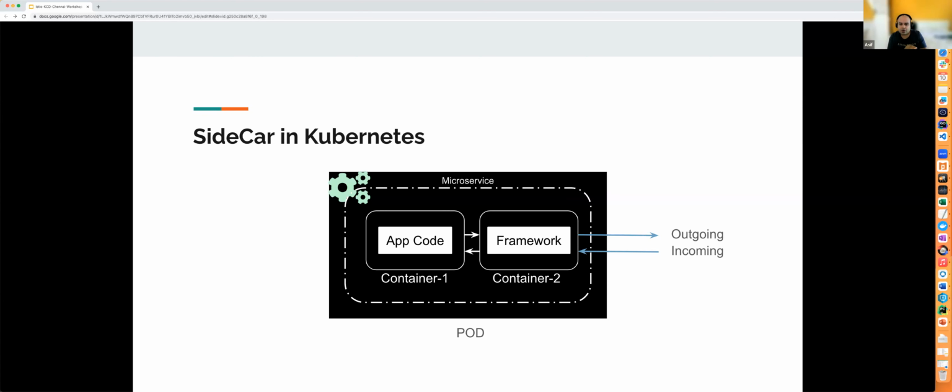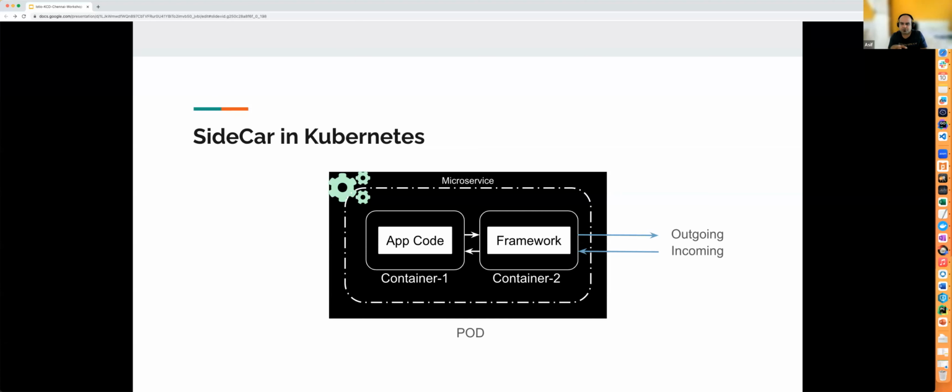So that any call which is going out, say the app code, the container one, is trying to connect to some microservice, right? And it just knows the name of the microservice. The framework, in the runtime, will go and identify where this microservice is running. Say it is running on some particular IP and port and it has 10 instances of it. So the framework will identify which of these 10 instances it should connect to, or which instance is active, like in the last 10 calls, which doesn't have a failure or something, right? So the framework will be intelligent enough to do all this traffic management.